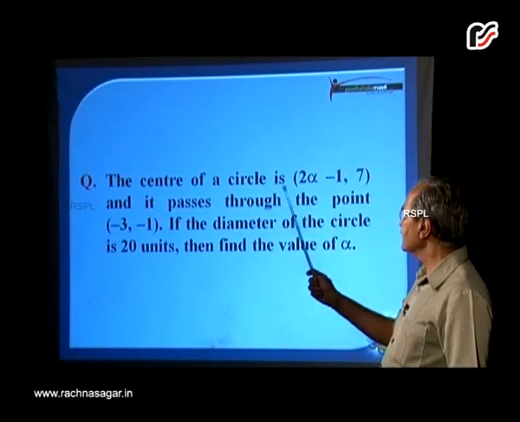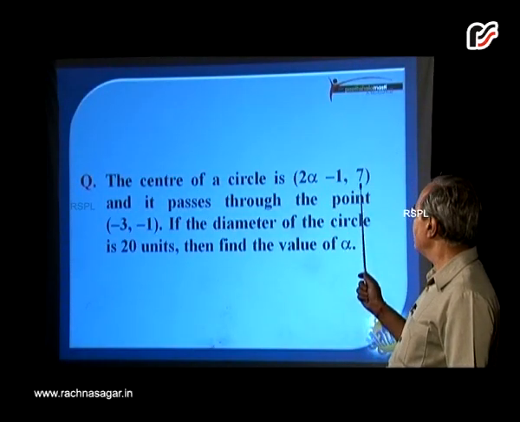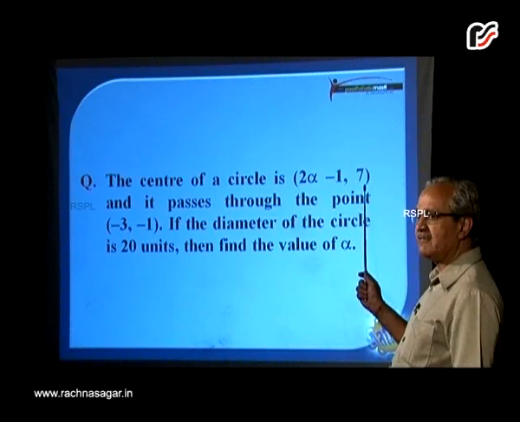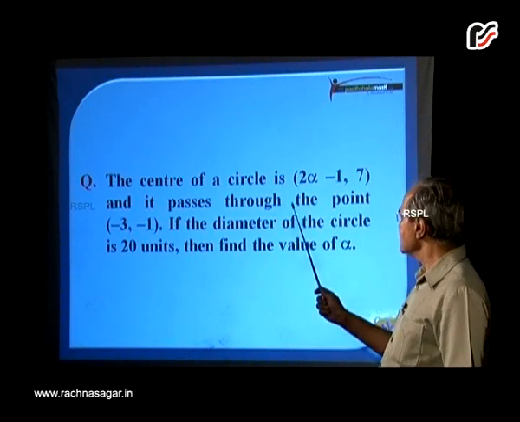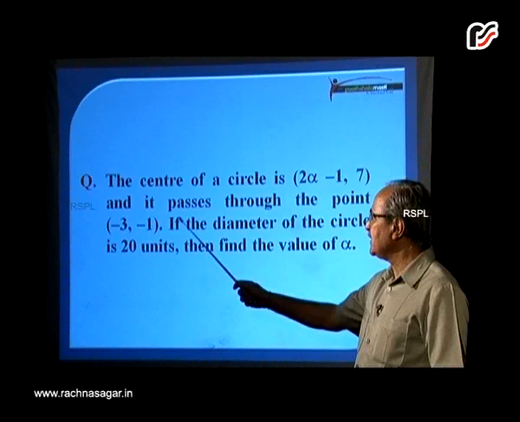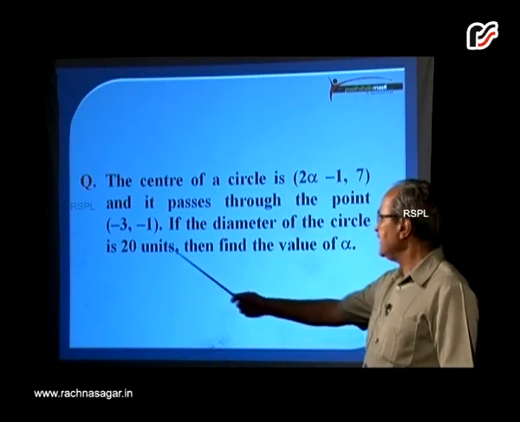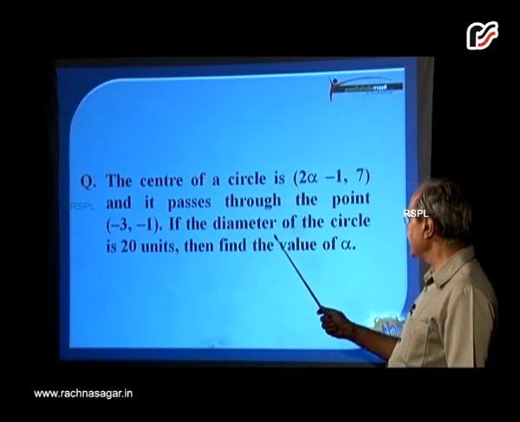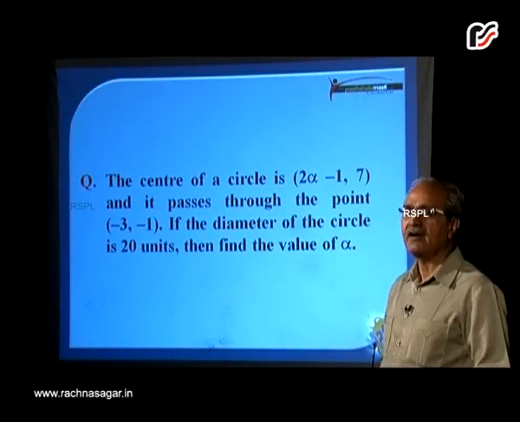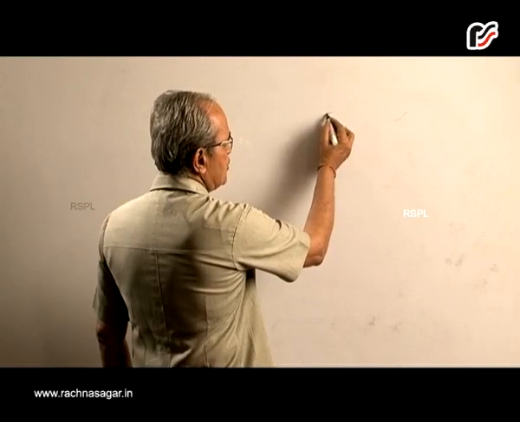The center of a circle is (2α − 1, 7) and it passes through the point (−3, −1). If the diameter of the circle is 20 units, then find the value of alpha. Now in this question,